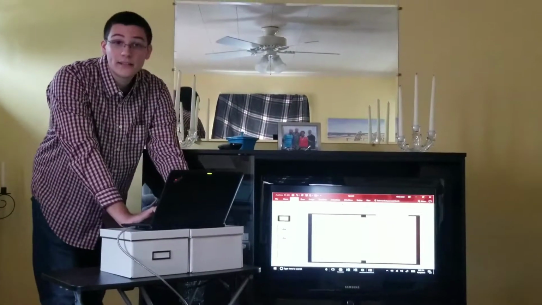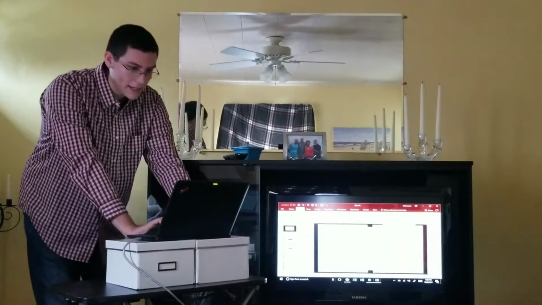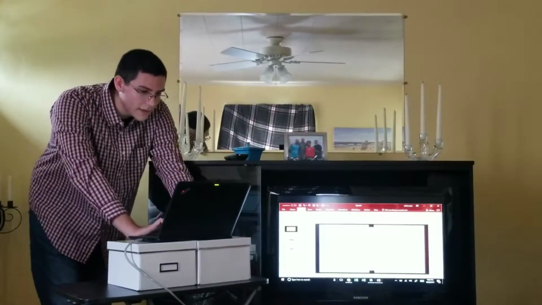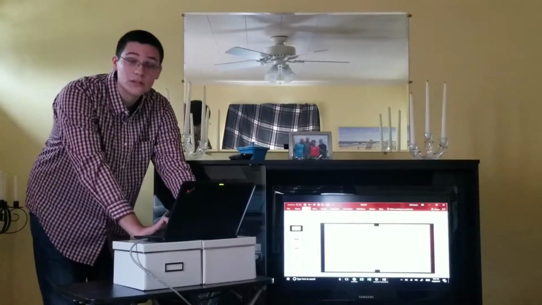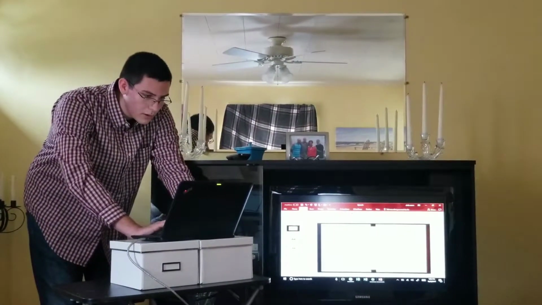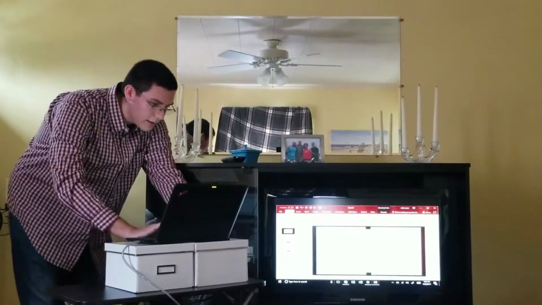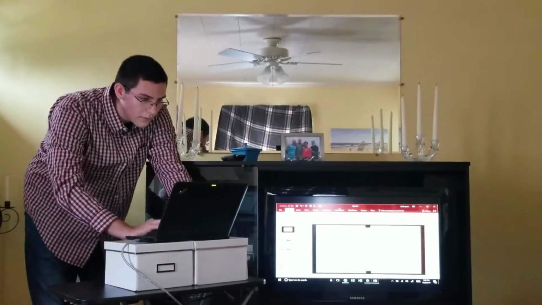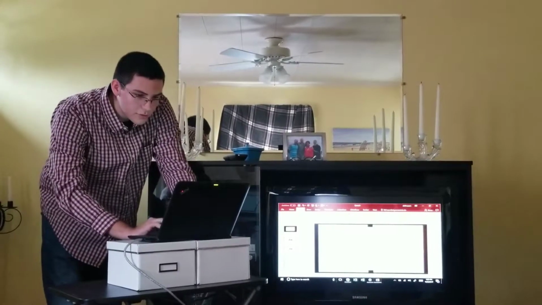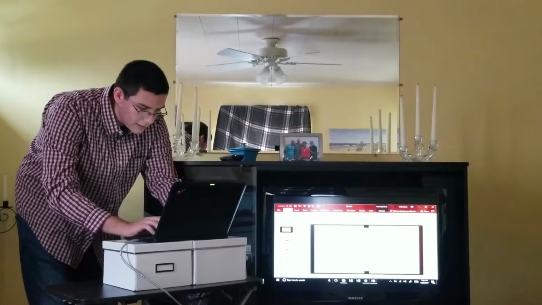And then text box. Unless you're using something with a title, you're probably always going to start with a text box. So I'm just going to go ahead and click it, and I can put this wherever I want the words to be placed. So we'll just put this right here in the middle, and then try to recreate this one right here. So go back, hit the text box, put it right here, and then